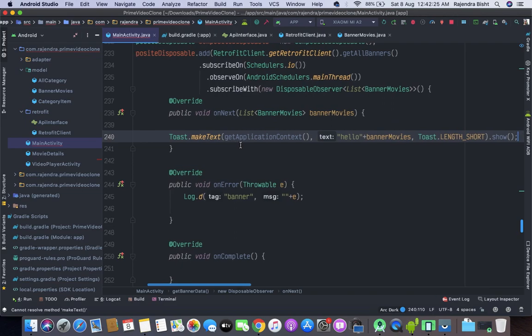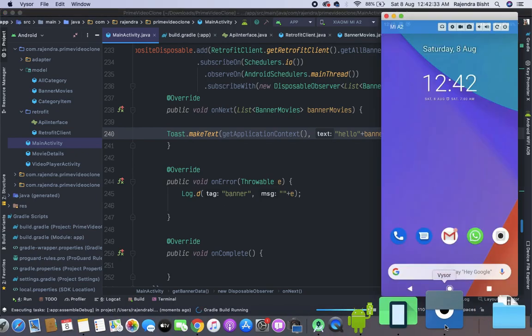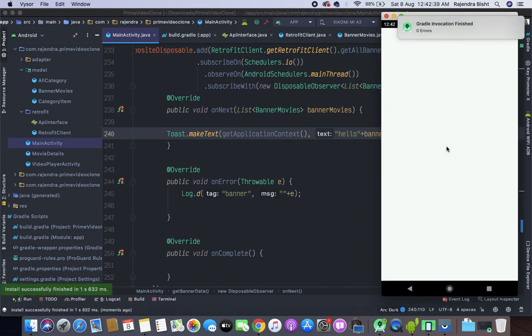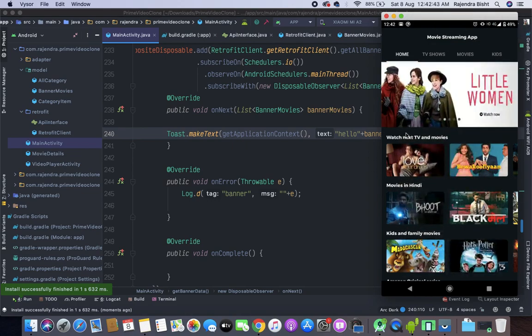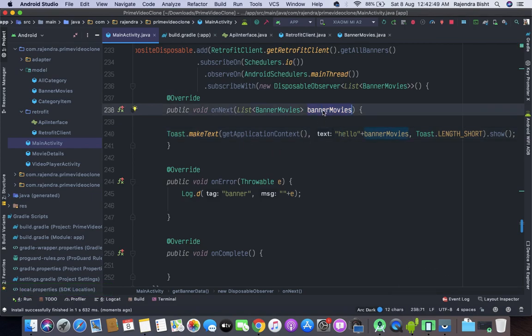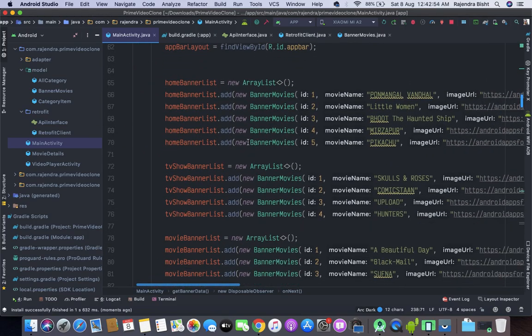So it will show the data which is coming from the server. So I am again running this. So here you can see that we are getting the output. Now this output we will add to the array which we have declared here.